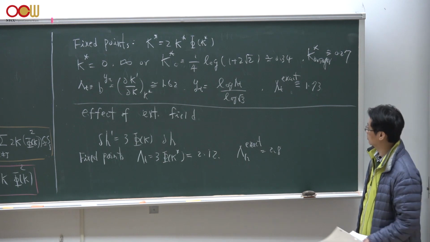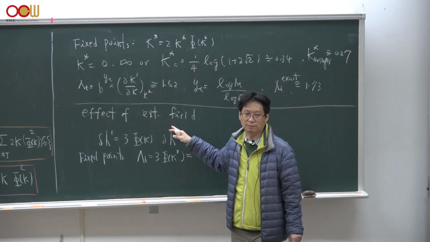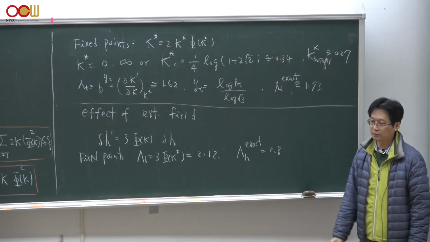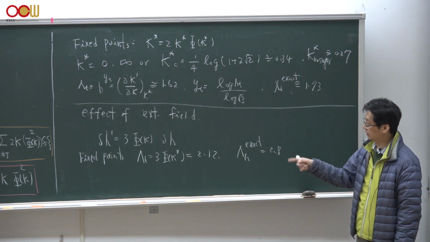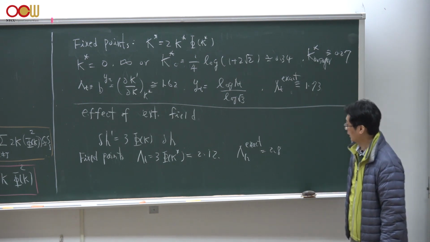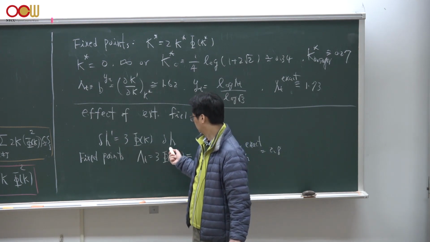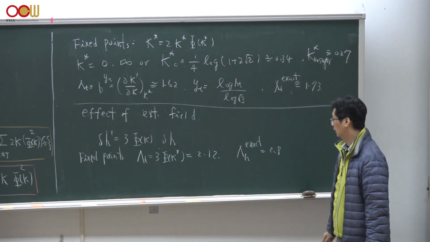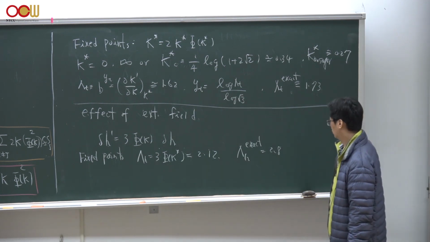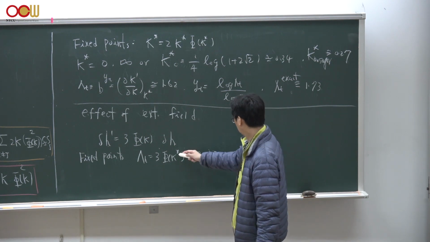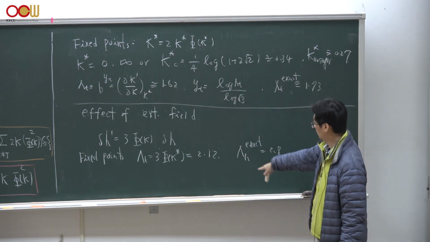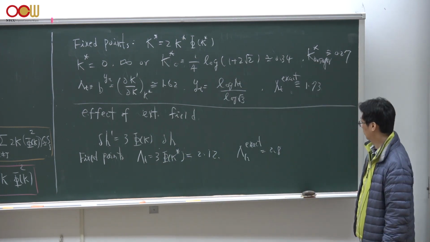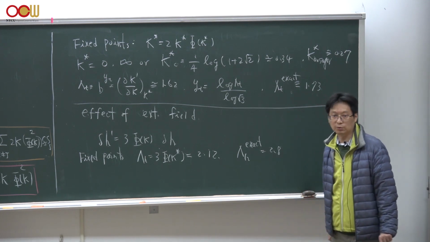We can use the same method to discuss the effect of external magnetic fields by using the same mapping, by tracing over this microscopic degree of freedom within each block, and we could actually get a relation between this delta H and delta H prime. And the relation is precisely this factor 5k. And along this field direction, there's just one non-trivial fixed point, at k star c here, and we get this lambda factor in the field direction, which is 2.12, which is not far away from the exact prediction.